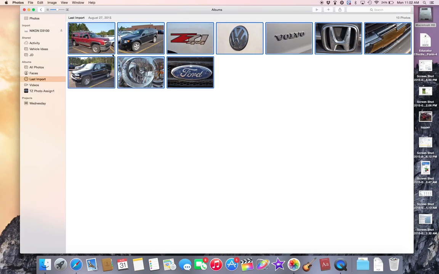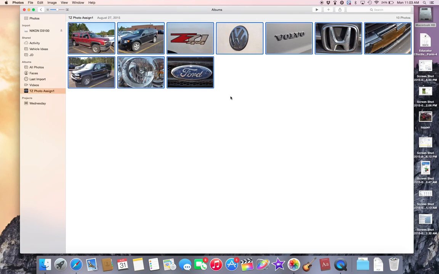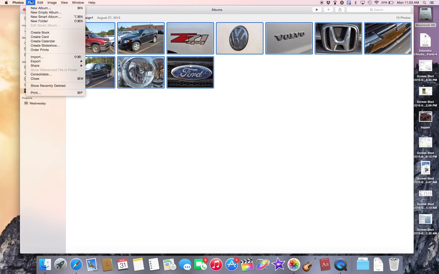Alright, and now I should be able to go back here and find on the left side, there's TZ under albums. On the left side is Photo Assignment 1. So there's my album, and now I'm going to export these. So again, I'm going to select them all, and we could also do a Command A here. I highlighted the first one, do Command A to select all, and now I'm going to tell these to print, even though we're not really printing them. I'm going to go to File, Print,